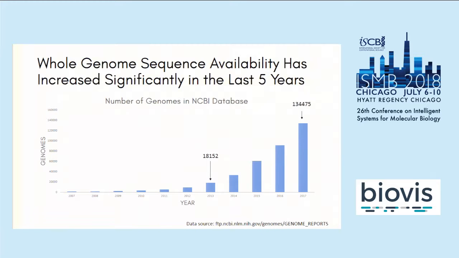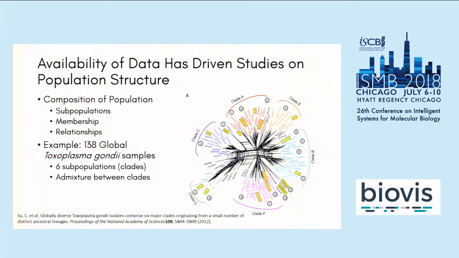In the past few years, our access to whole genome sequences has increased significantly. In the NCBI database alone, the number of sequenced genomes has increased from 18,000 in 2013 to over 100,000 in 2017. And this increased availability in data has really enabled population scale studies, for which an understanding of population structure